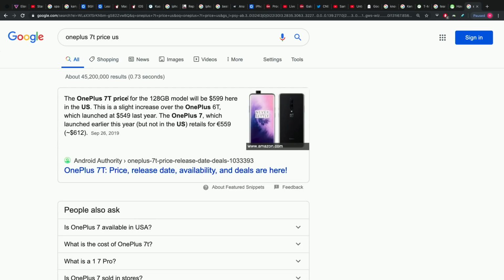Well, yeah. So that's going to launch on T-Mobile on October 18th, the 7T, and the 7 Pro will be phased out. And so you'll have to be okay with that. But I don't think it's such a big deal. I don't know which one I would recommend right now, but